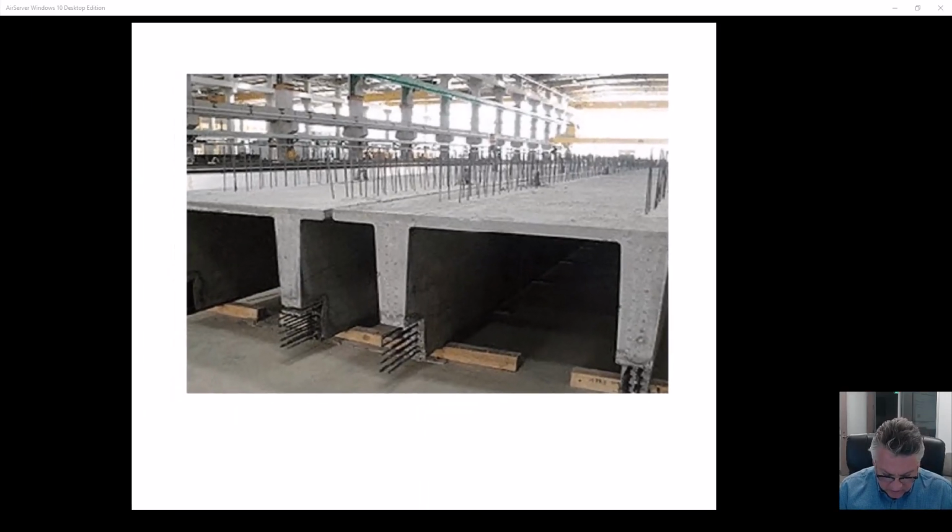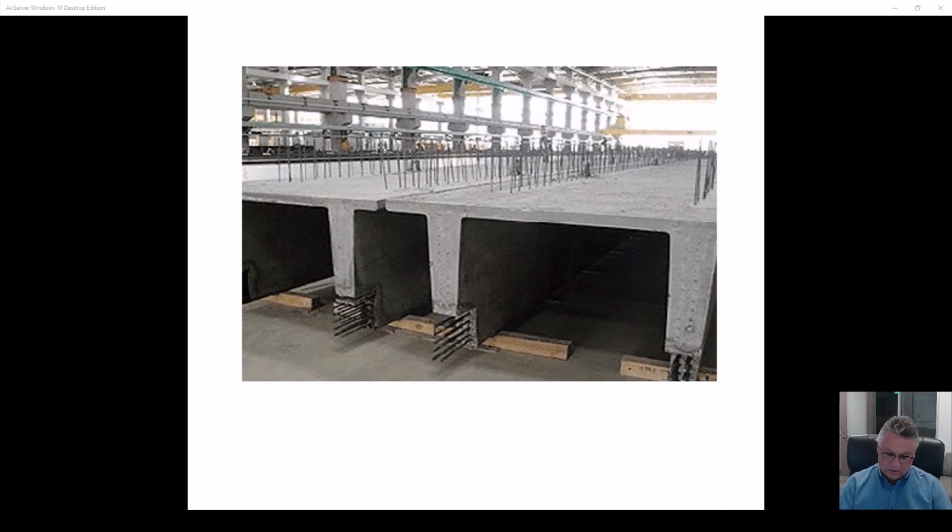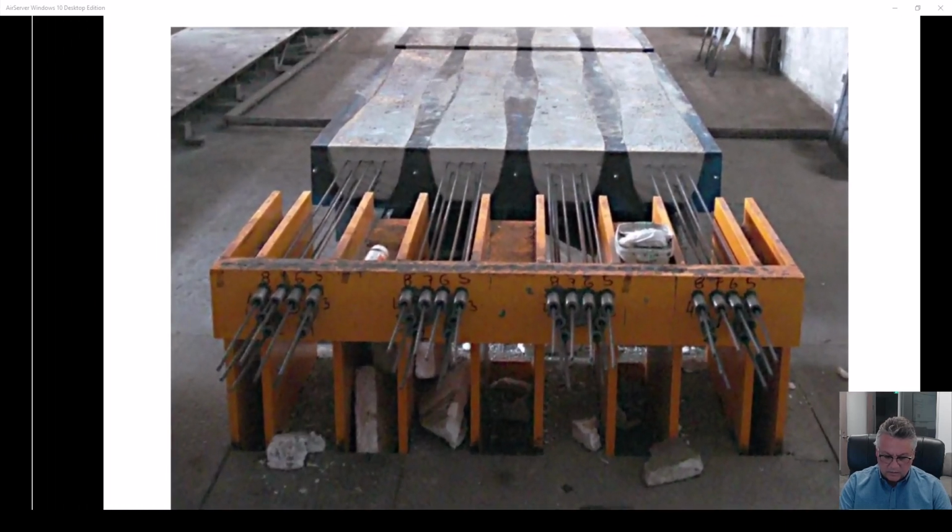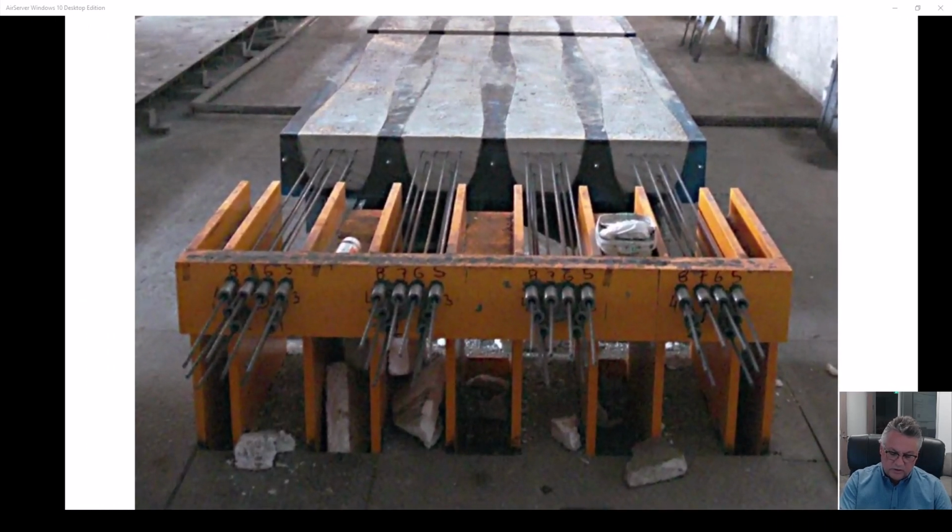So in pre-tensioned concrete, these are the types of members you're going to get. I pulled these off the internet. These are not mine, but they will stress their strands before any of this concrete is placed in that steel type form. Then pour all the concrete. Then they release. I'll go back to this slide. So once this is all hardened concrete, then this will get cut.